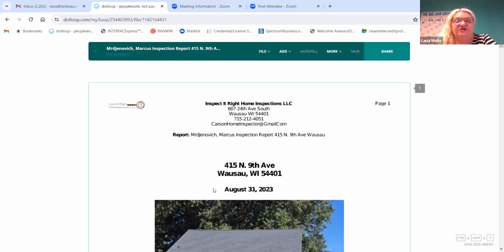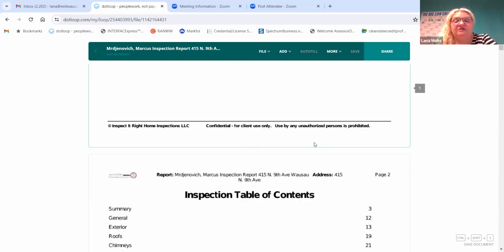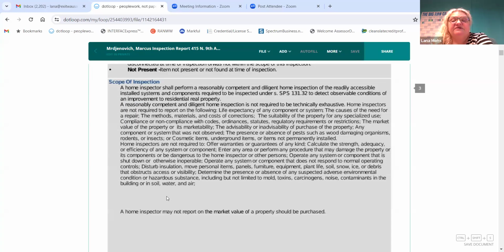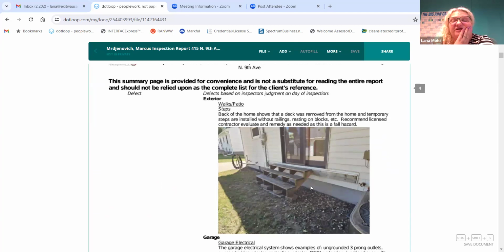So here's the inspection report on this property. And the thing that I like to do is read the summary, of course. This kind of tells us what's going on here for this home inspection, if things are functional, defect, all of those types of things. It just kind of goes through. So here it talks about the